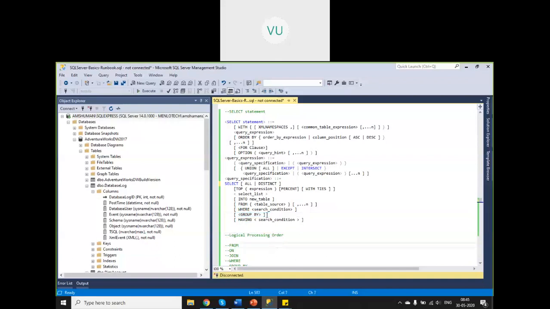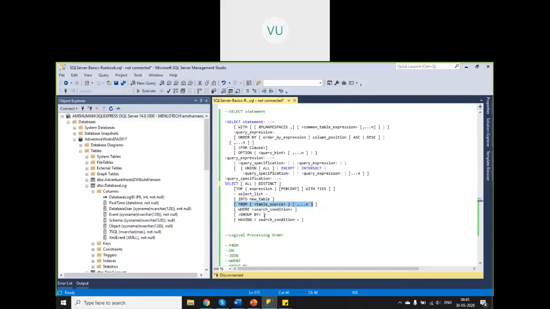You can use having only after you use group by. So group by and having go hand in hand. Without a group by clause you can't have having, right? And from is necessary, into is not mandatory, right? And the where condition is also not mandatory, but when you apply it, it will filter your records.